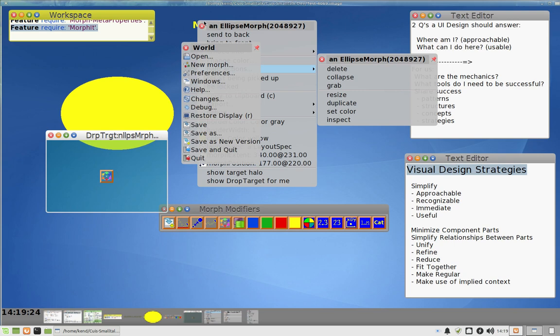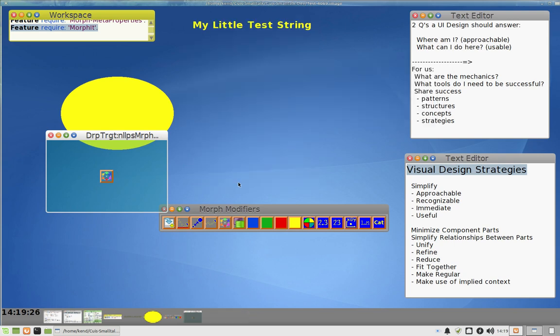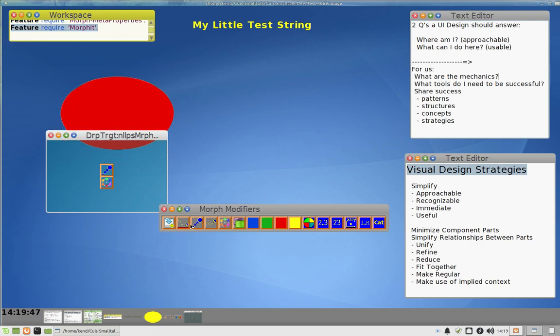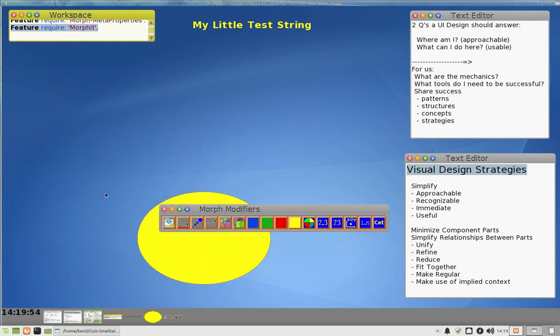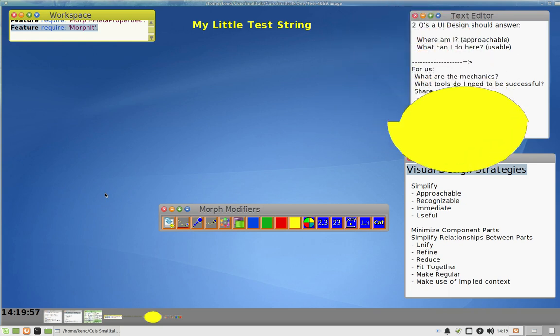Okay, let me go ahead and add something else. The idea here is that rather than have just a palette of colors, you can also have a palette of behaviors. In this particular case, I've got one that makes it larger and smaller. And let's do a bounce too. Okay, so now when I do this, I'm just trying to loosen you up a little bit